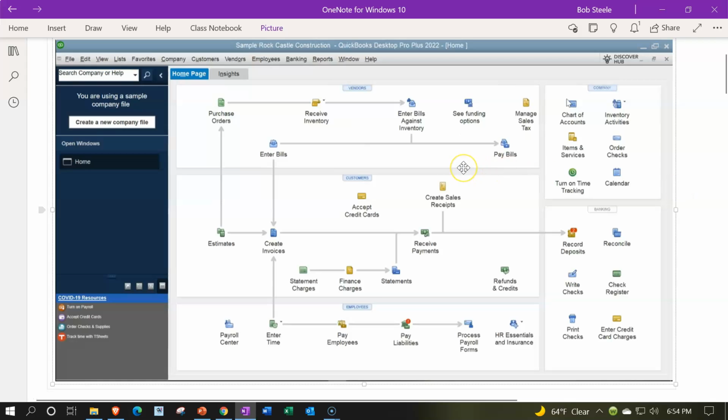So first we have the screenshot of the home page. We're focusing in on the vendors section, and we've been going through the icons and the flow of the vendor section. Now we're going to be considering the Manage Sales Tax item on the right-hand side. This one's going to be a little bit strange because, of course, it's a tax item, and the tax items are going to be a bit different, a bit strange in that we're going to be accumulating the sales tax